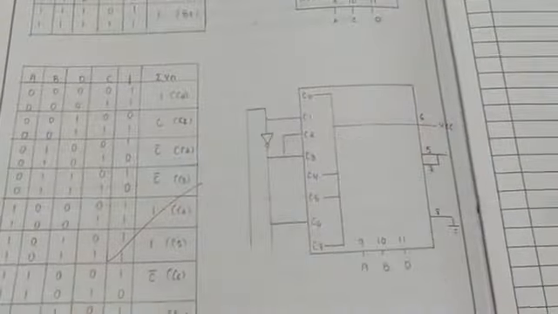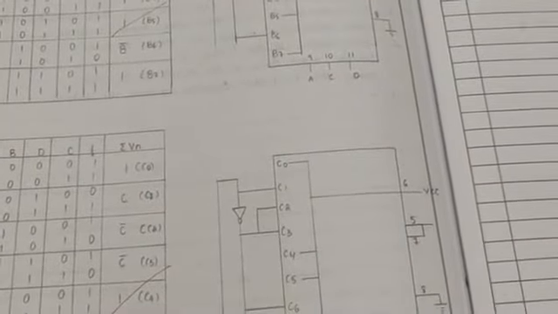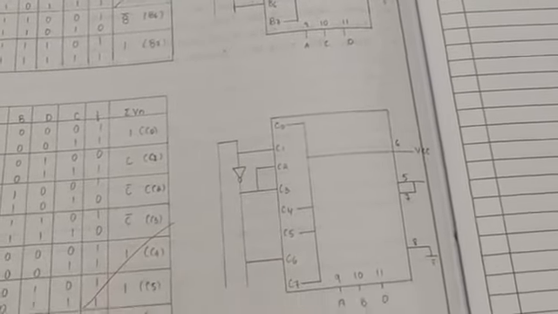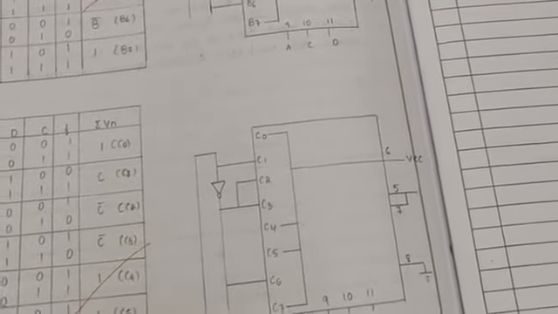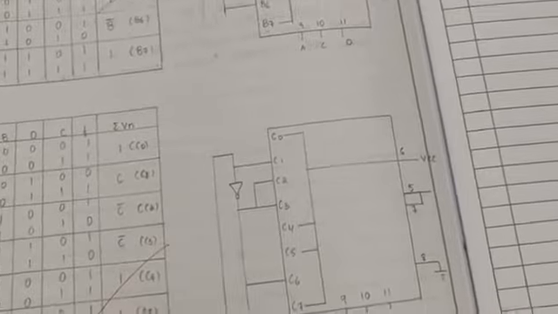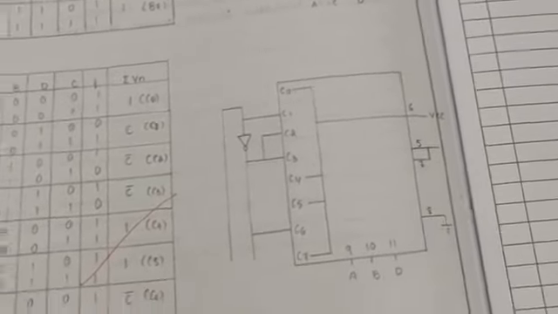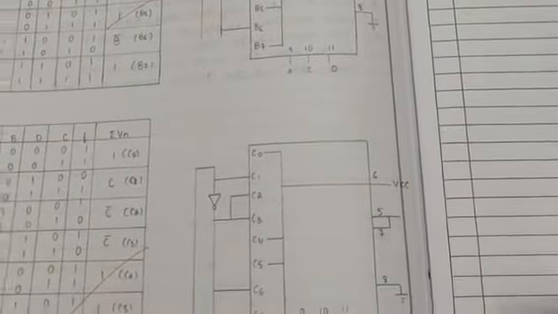This is the table for the same expression. They have made D as the map entered variable here, and for the same expression they have made A as the map entered variable here, with a separate circuit diagram, and here B as the map entered variable, circuit diagram, and C as the map entered variable, circuit diagram. So the examiner might ask you to make any variable the map entered variable. You should know how to make A, B, C, D as map entered variables. Okay, this is with the multiplexer experiment. You need to write this experiment as I have shown in detail.